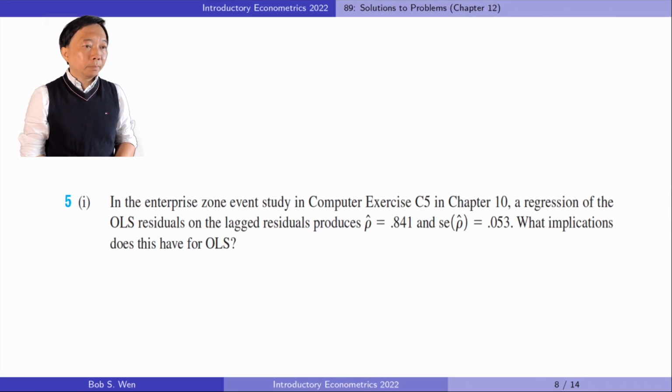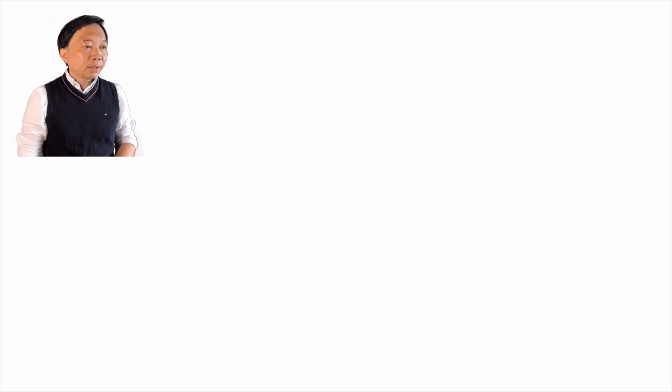Let's solve problem 5. In part 1, in the enterprise zone event study in computer exercise C5 in chapter 10, a regression of the OLS residuals on the lagged residuals produces rho equals 0.841 and standard error equals 0.053. What implications does this have for OLS? The t-statistic is